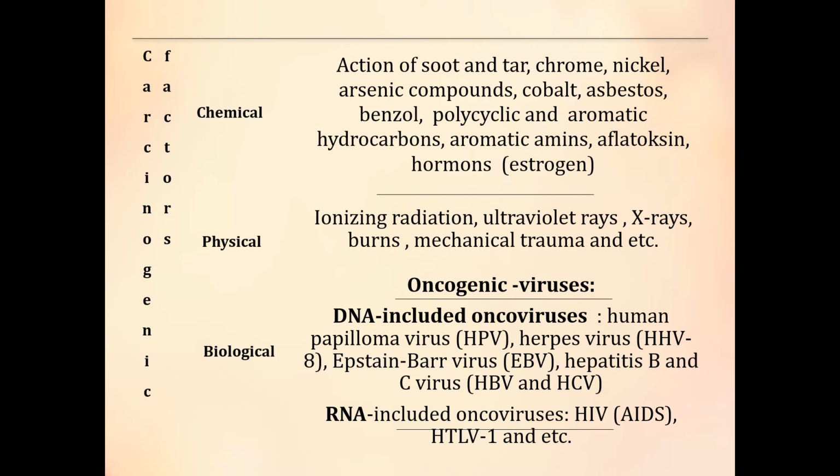Etiology of tumors. The factors that cause the formation of tumors are called carcinogens. This means forming cancer or tumor. These factors acting on the genetic apparatus of the normal cell lead to the mutation in the genes involved in cell division. As a result of action of carcinogenic factors, a normal cell is transformed into the neoplastic cell, tumor cell. And exogenous, you see in here, and endogenous carcinogenic factors are distinguished. You see here